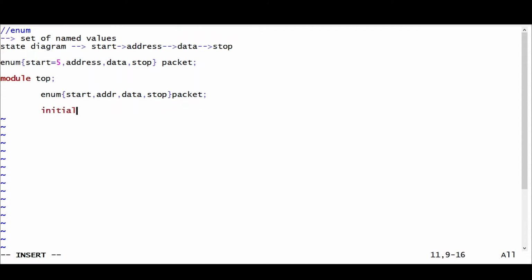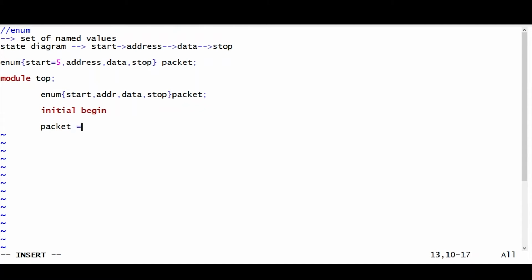First we will see the name method. In the initial begin block, we use name, that is the name of your first element or the second element. These are all the elements: first, second, third, fourth. So you can directly assign it, or you can see the values. Let's see what value is present for start.